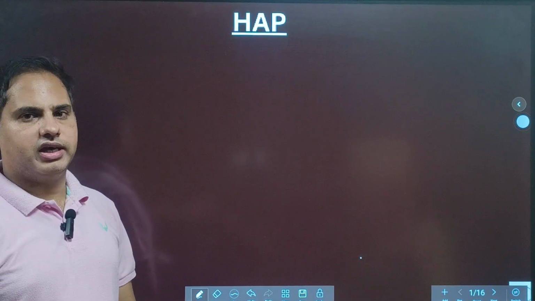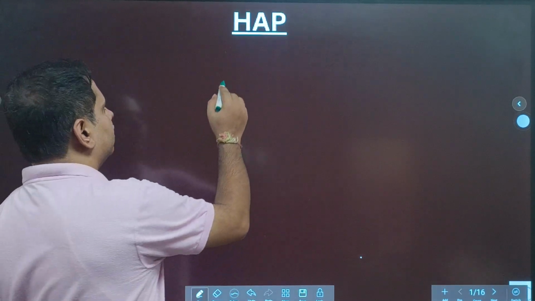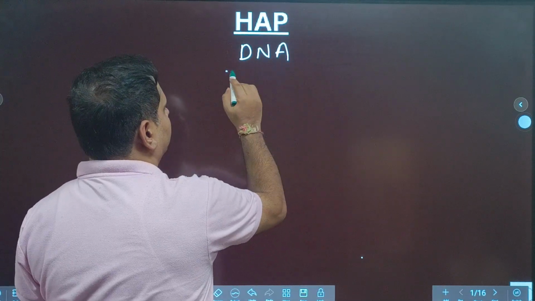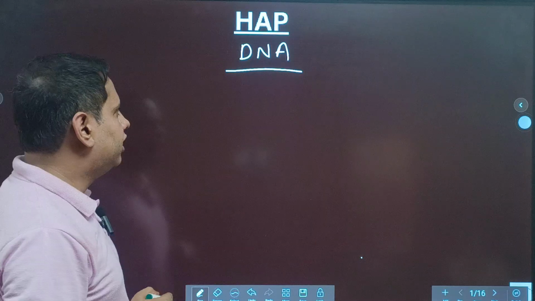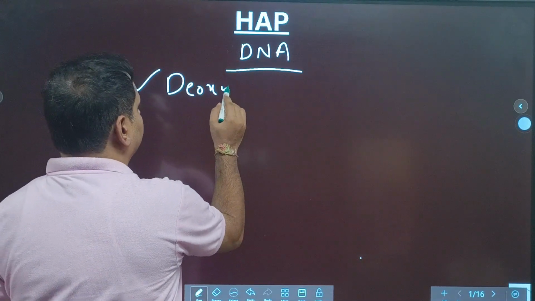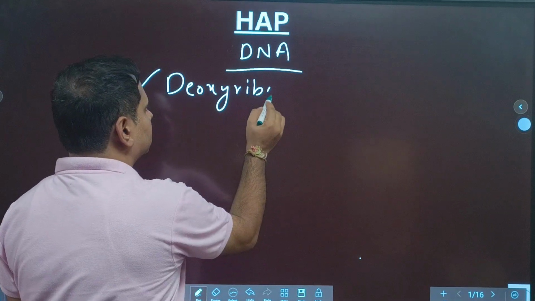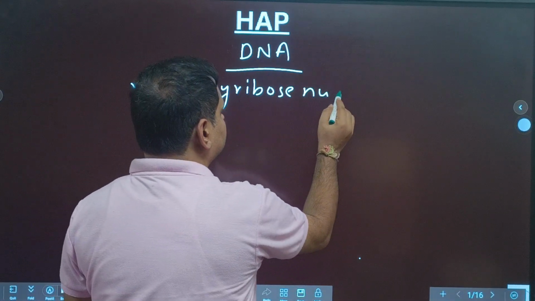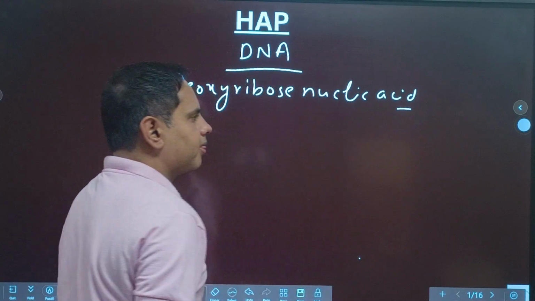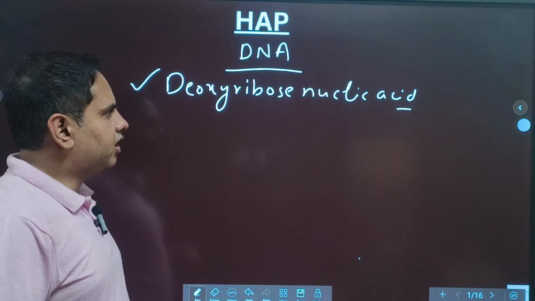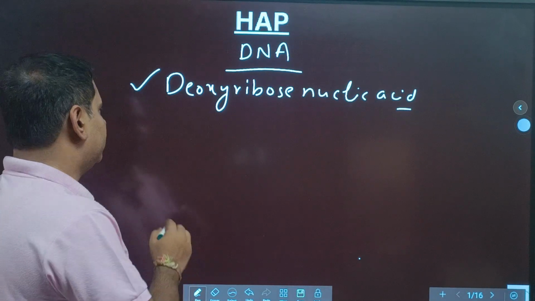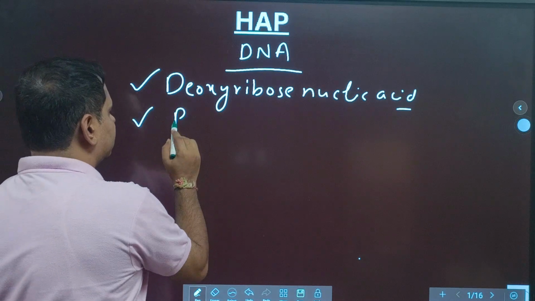Discuss about DNA in unit 1. Today we are focusing on DNA, right? DNA is deoxyribose nucleic acid, deoxyribose nucleic acids, right? And in simpler words we can say that it's a polymer